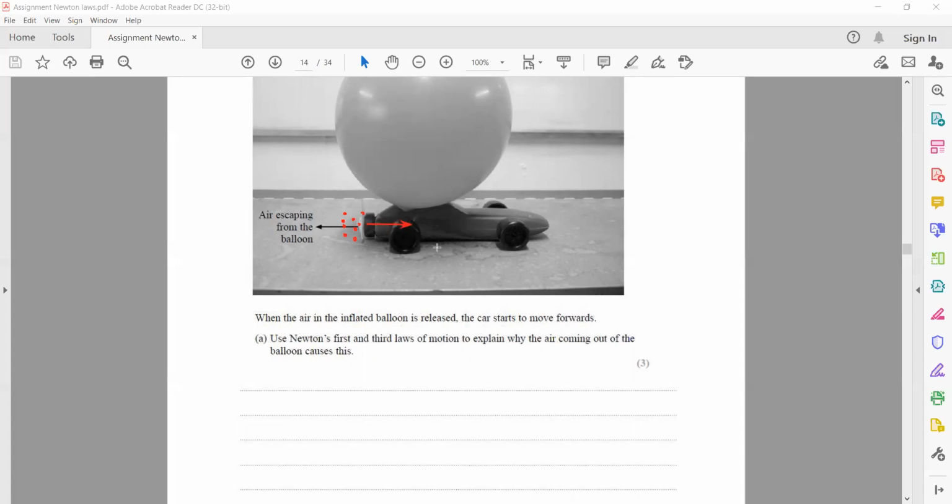And when there is a force, when we consider the car, if the resultant force is zero, the car will remain at rest. But because there is a resultant force which is not zero, the car will start to move, or it will start to accelerate. So the points which we will use to answer this: